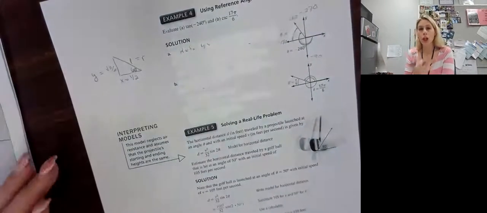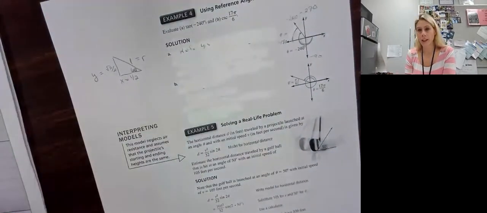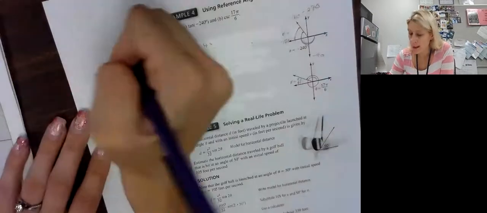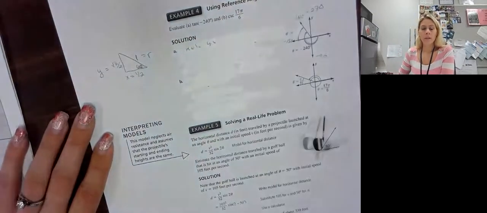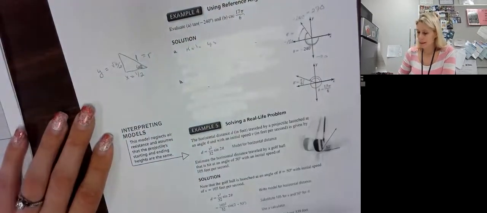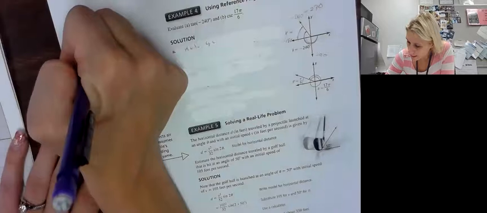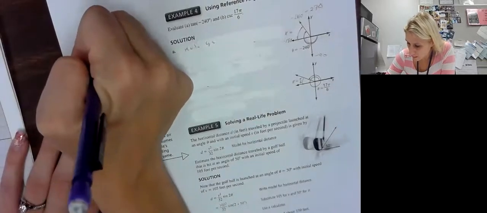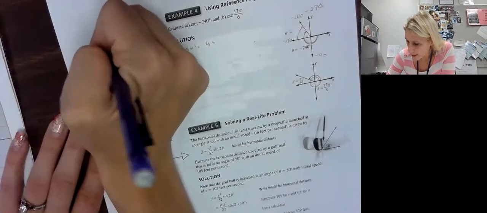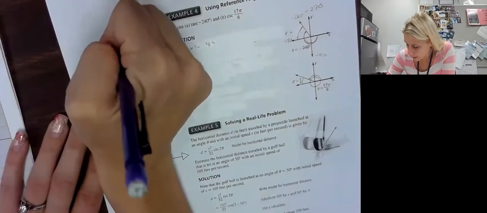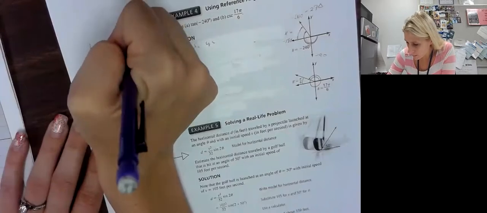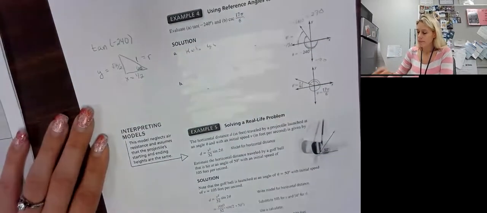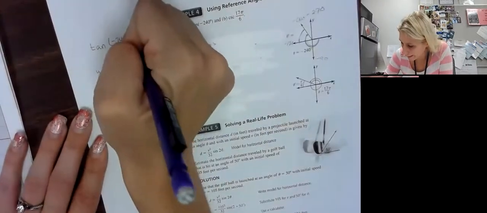And we learned earlier that tangent is y over x. So tangent of negative 240 is y